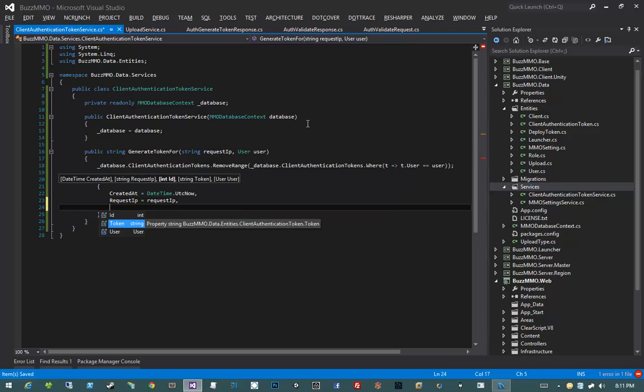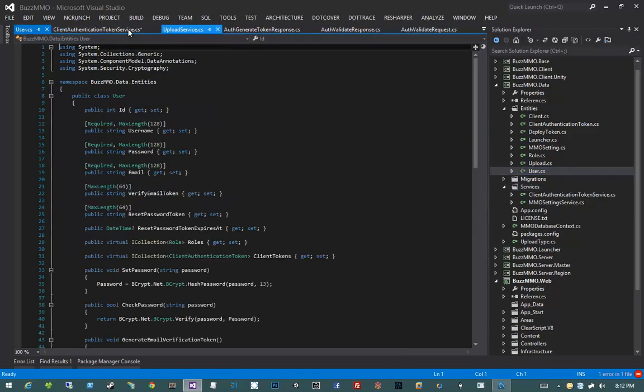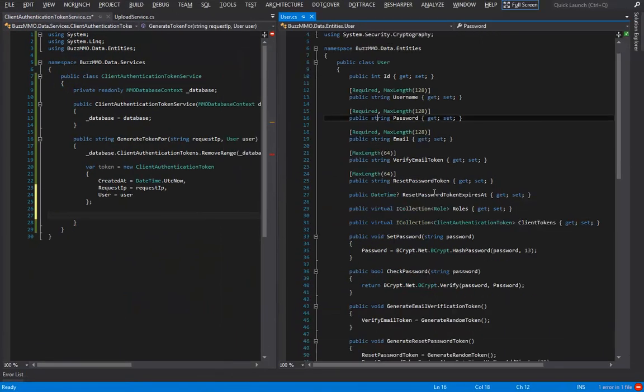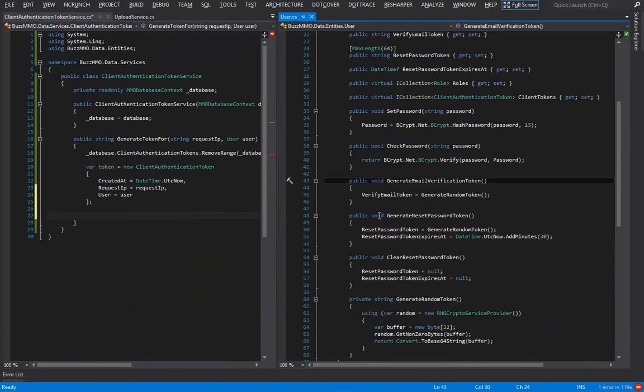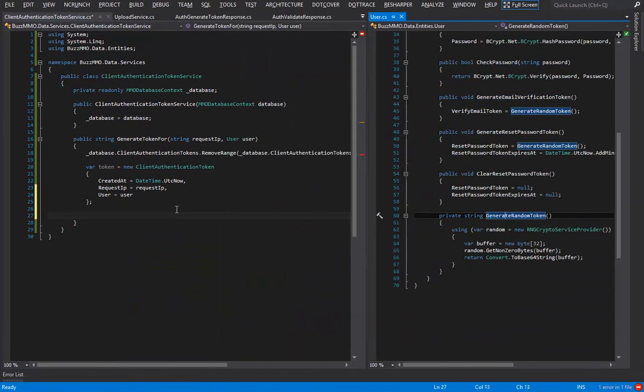Then I will want the user to equal user. Now after I've done that, I want to go ahead and generate the token itself. So I'm going to be pretty much mimicking the code I already have in my user entity. If we come down here to our generate random token method, we'll just basically be lifting that for use over